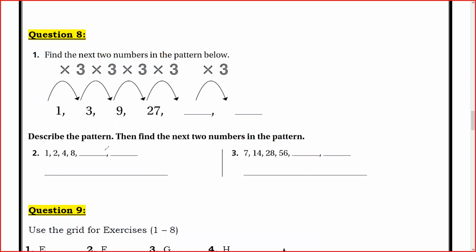Now I will write here the answers in order. Here is 16. Here is 32. Here is 56 by 2. It was 112. Then here, multiply each term by 2, by 2, by 2, and then here